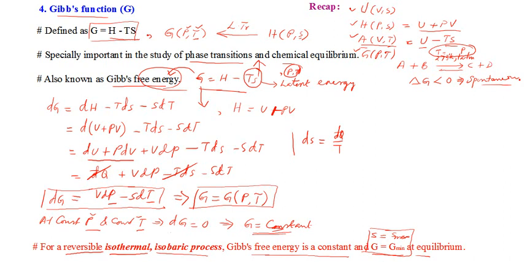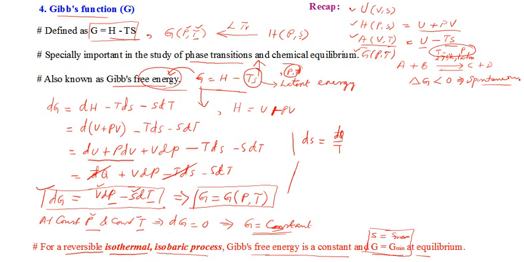Okay, so these are the conceptual points that I wanted to clarify, and finally we can end our preliminary discussion on Gibbs free energy by obtaining the derivatives from these differential equations, or total differentials. So from dG you can obtain an expression for V as well as S, as we have done with all other variables. So what will V be equal to?